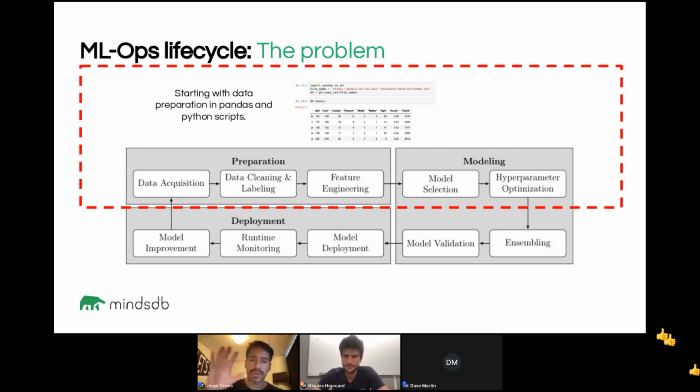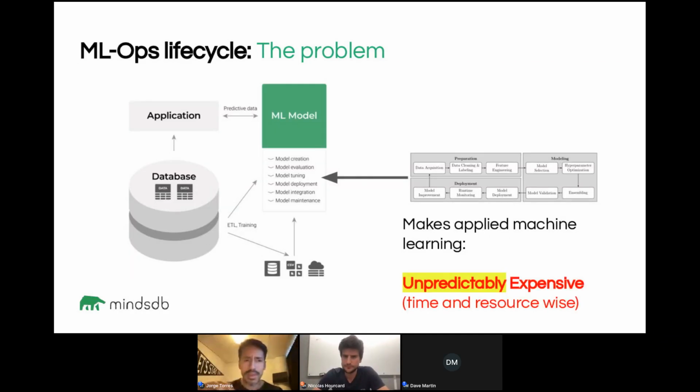So data preparation, database, that's the right place. And then the second part was, okay, if you do the data preparation, you also want to do the modeling in a way that doesn't look like this one, where you have your data in the database.